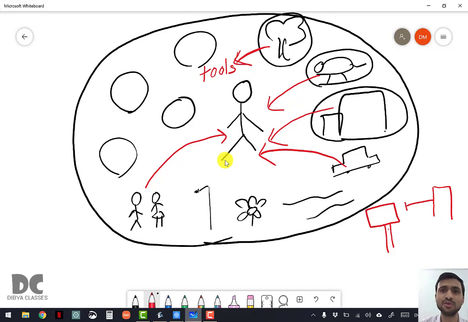Car, it is a tool used for transportation to go from one place to another place. You have plants, you have roads for transportation, you have street lights for visibility at night, you have human beings for different kinds of help and interaction. So all are used together to develop yourself. If nothing is present in this environment, you are alone. You cannot develop yourself. You will be just standing like that. You have no one to interact. If it is raining, there is no shelter under the tree. There is no animal or plants which will give you food to eat. How will you survive? How will you develop yourself?